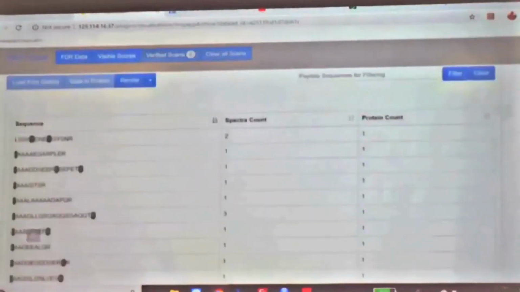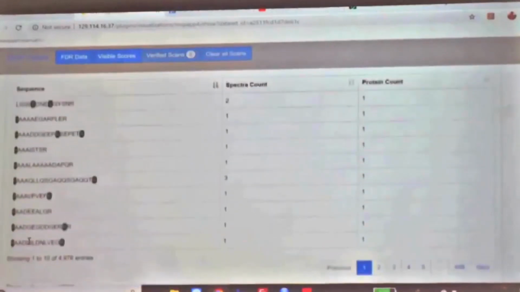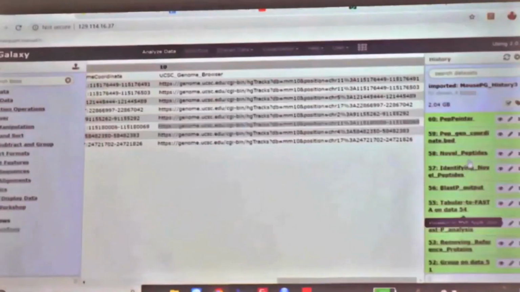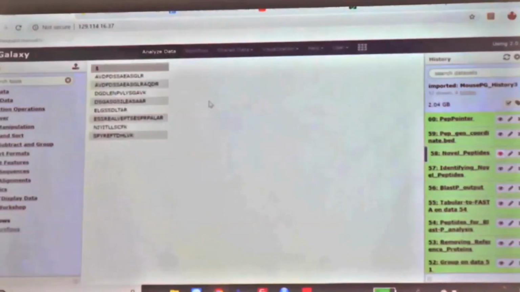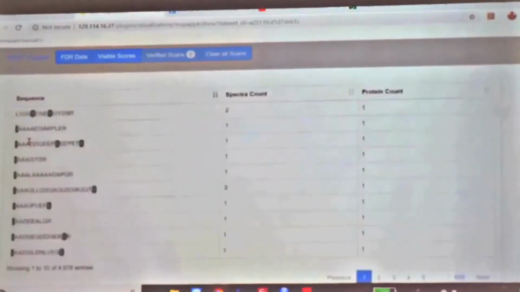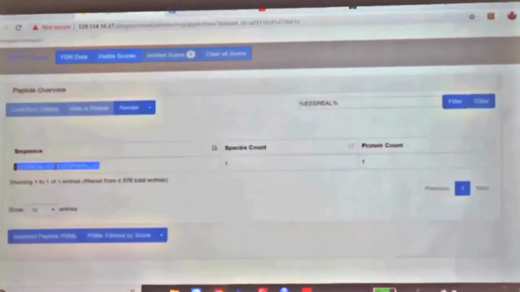So these ones here are not novel. These are all the peptide sequences from your mzIdentML file. But in your history, you have a place where it says novel peptides. So this history item 58 is a list of novel peptides. Since this was a small data set, there are only 8 of them here. And then the MVP application helps you load that from Galaxy, and here you would see only those 8 peptides. If I click on it,